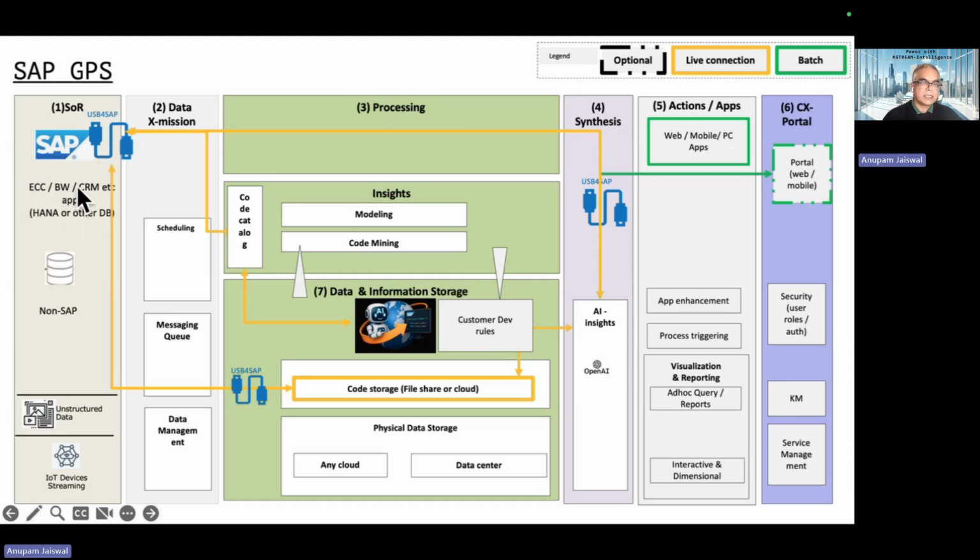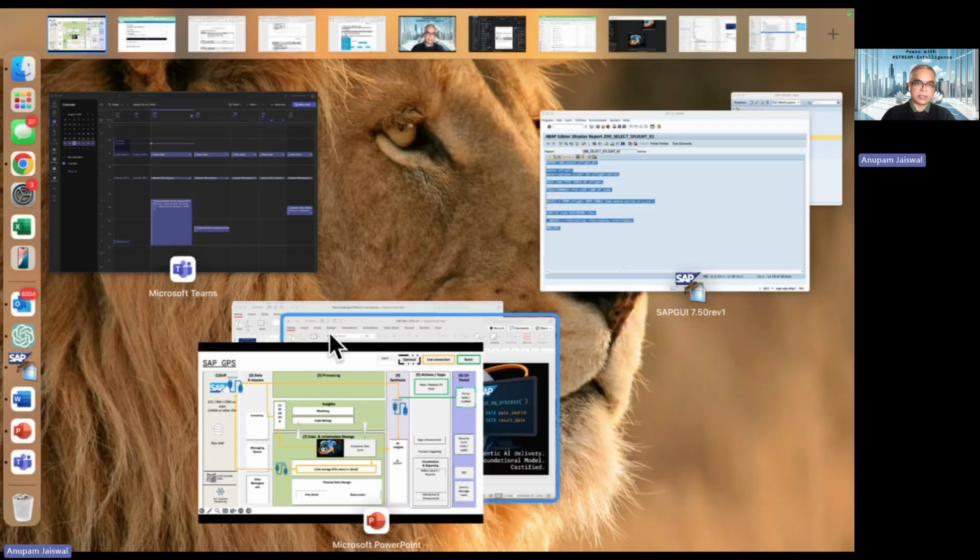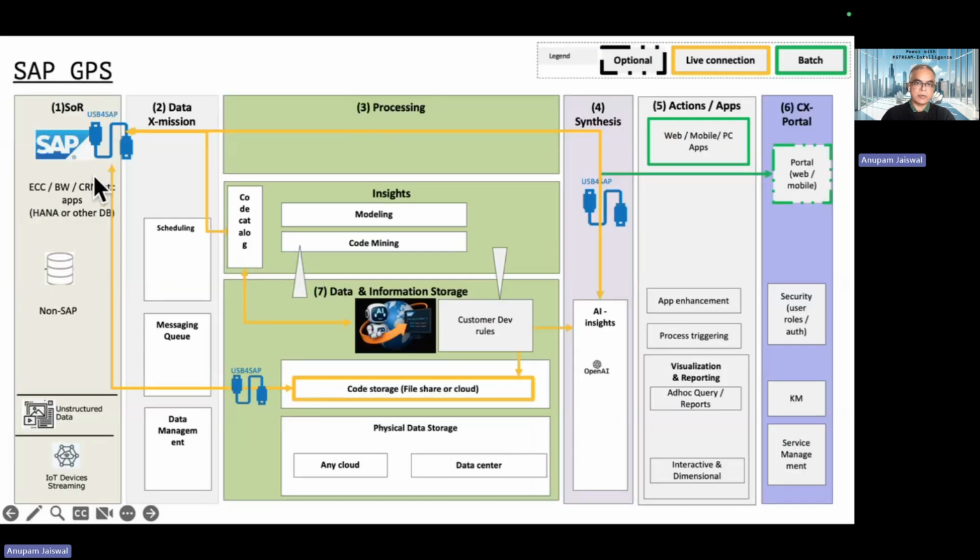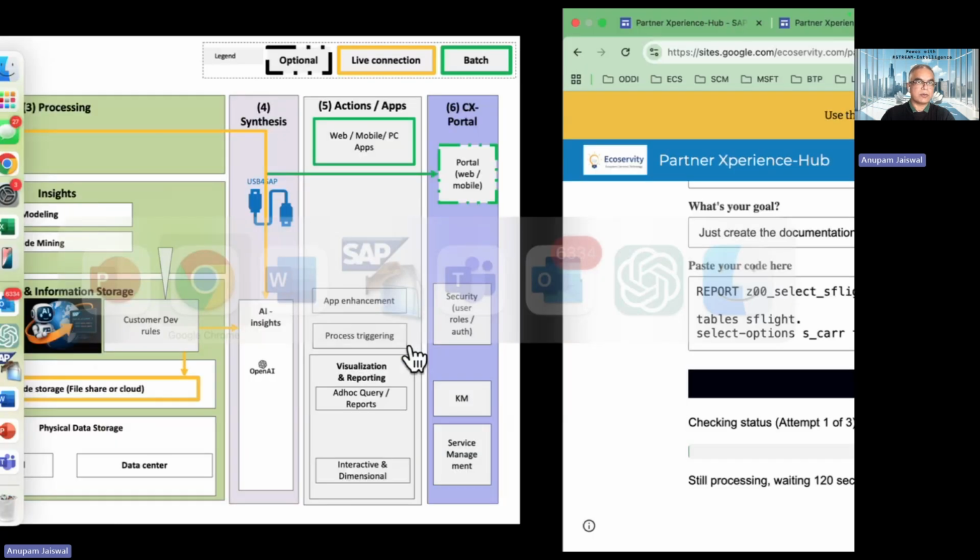Your SAP ECC or HANA, S/4HANA system, basically it is going and running the code catalog through some AI-driven checks. This is central to it, which is our Code Foundational Model, which helps to connect the dots between your SAP, your documentation process, code review checklist, and generate the documentation. So if I go back,